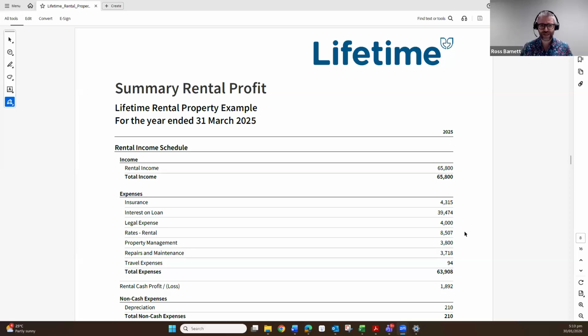So I'm just sharing my screen and sharing the basic information. So this is just our rental example. I'm not giving away someone's financial statements information. It's just our lifetime rental property example. It's made up data. So the first big problem that we see, or the first essential thing, is lots of